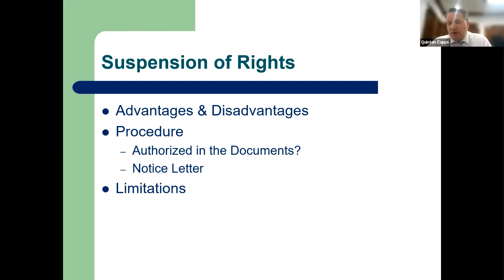Now, telling someone that their right to vote is going to be suspended is probably not going to bring compliance, because most people just don't care. But if you tell someone they can't use the pool, or more importantly, that their tenant can't use the pool because their property is in violation, that's probably going to get their attention. So this might be a good option in certain circumstances where a fine may not do anything. Taking away their rights in the community might be something to consider doing. But again, it depends on what your documents say, and you need to know what it says.